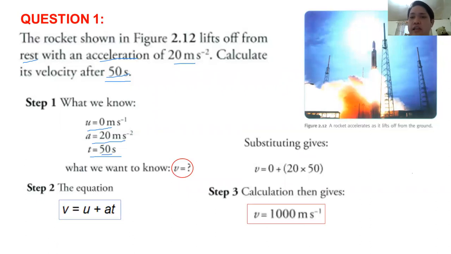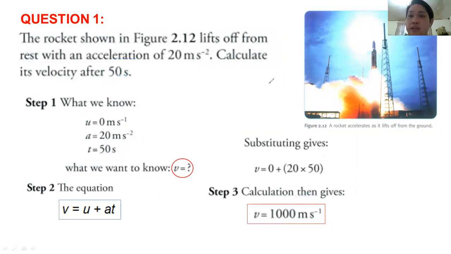Then by calculating 20 times 50, that gives you what? 1,000 meters per second. Meaning to say, this is our final velocity. So this is our final velocity. So that's how we apply